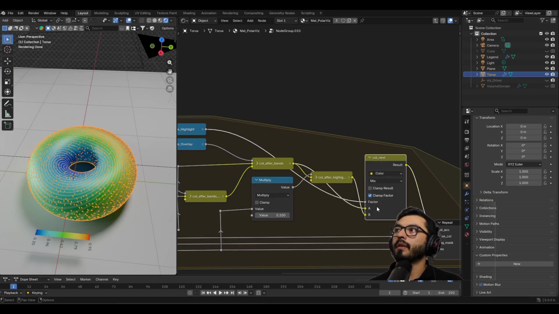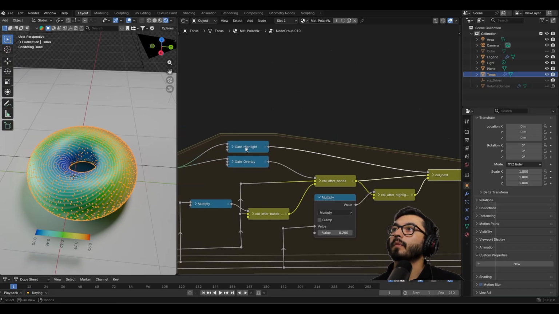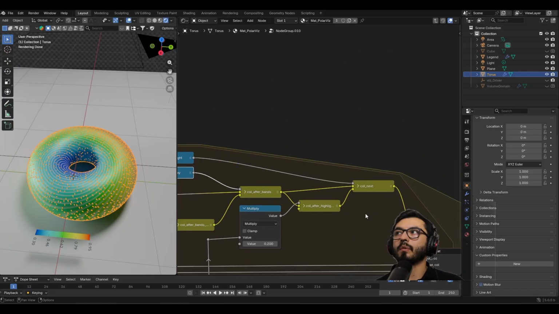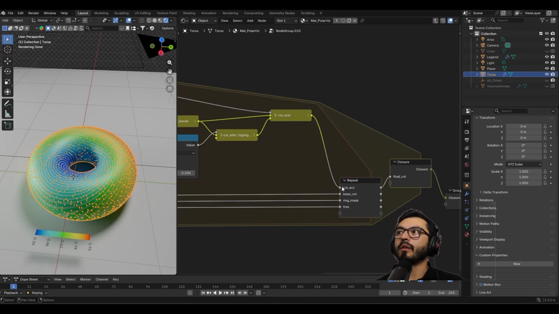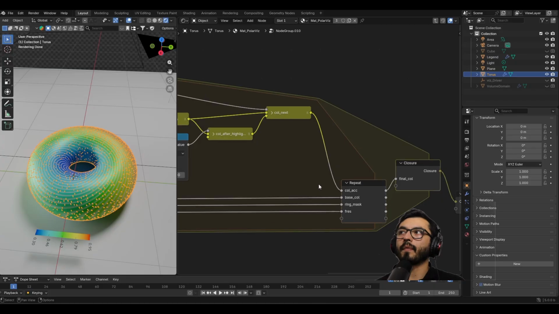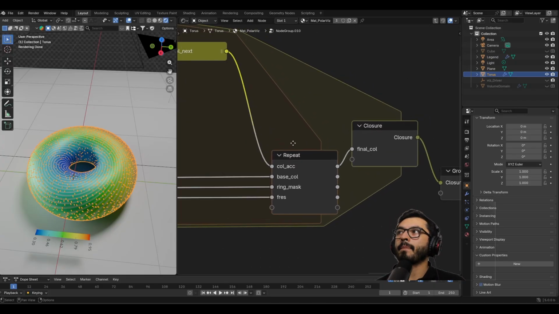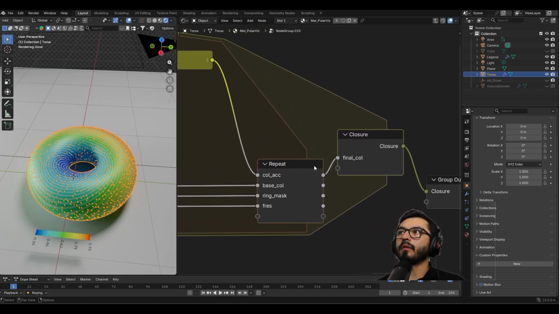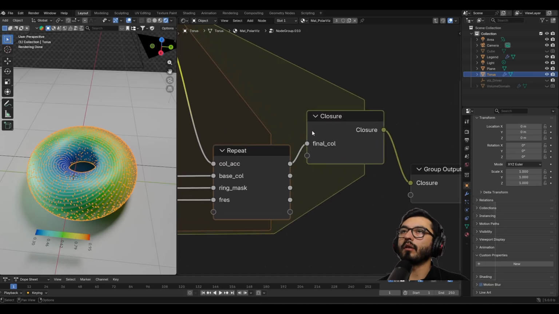We will mix it here, so previous color with the new, and the factor will be used depending on the gate. So what we're doing here is that if this gate is 0, we will not use it, but if it is getting 1, then we use it, and then we mix it with this one when the gate is 2, and we send it to the accumulated color here. This we send out of the repeat zone, and we add it on the closure zone,